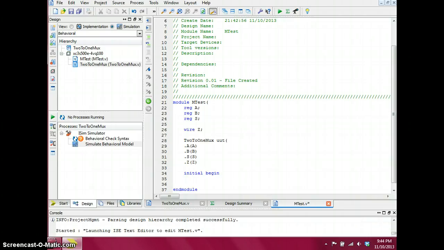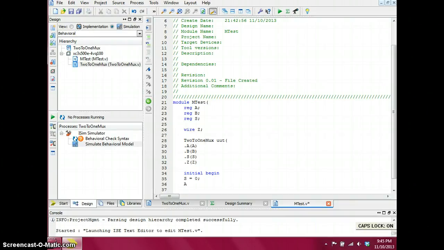Okay, so what we're going to do here is make our inputs whatever we want them to be so that we'll have every single combination. I want to check what will happen whenever my selector bit is 0 with all of my combinations of A and B. And then I'm going to check what will happen whenever my selector bit is a 1, depending on all of the combinations of A and B. So I'll go ahead and select my selector bit equals 0,